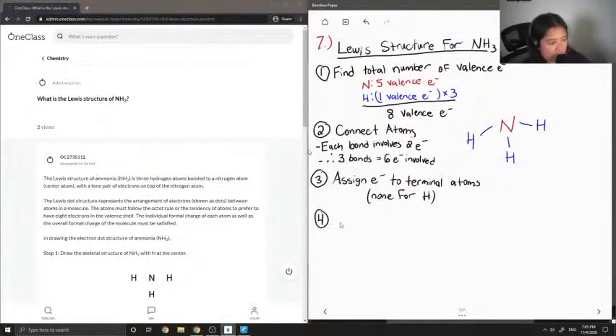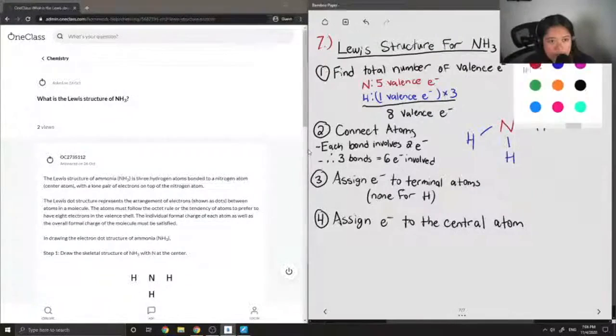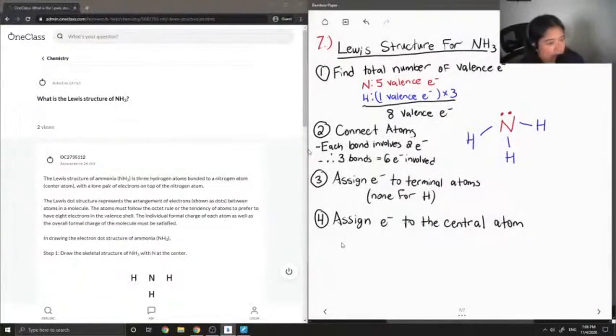But step 4 is to assign electrons to the central atom. So we need 2 more electrons for NH3. So I'm gonna put them on my central atom, which is the nitrogen. So all of our electrons should be accounted for, but I'm still gonna write down the last step,